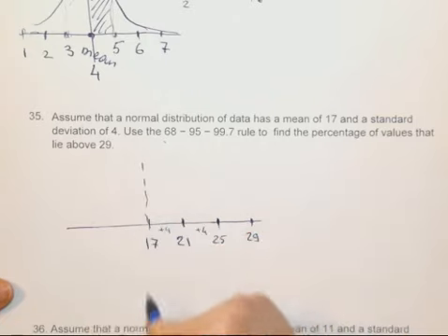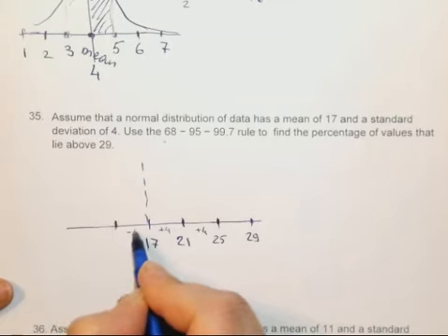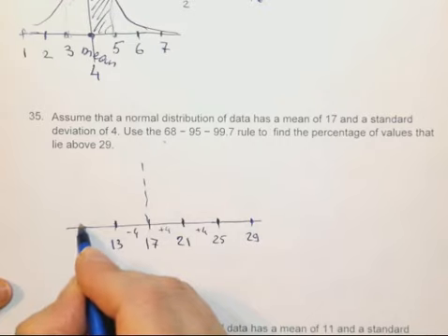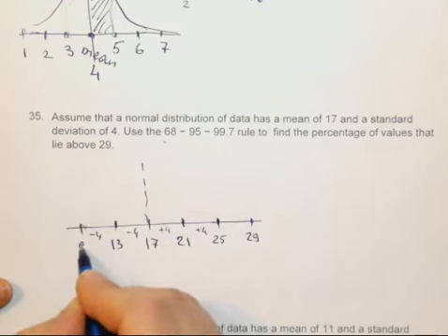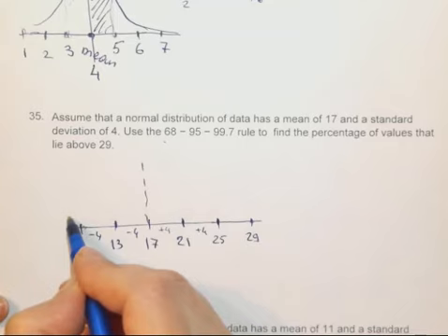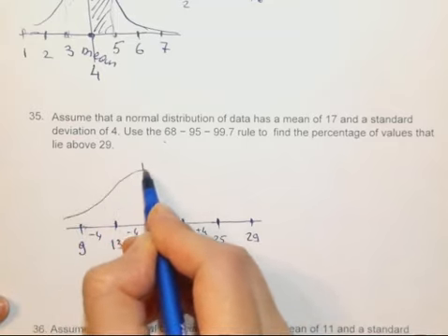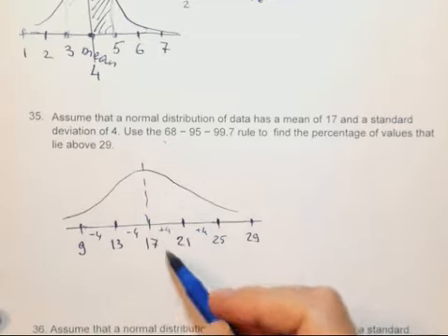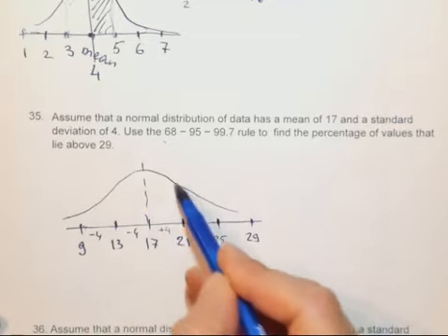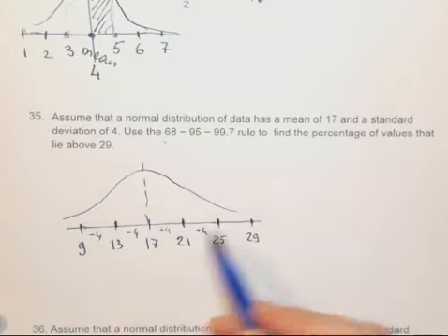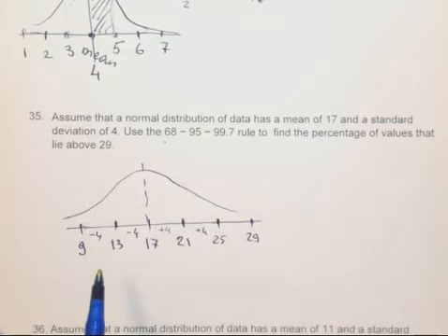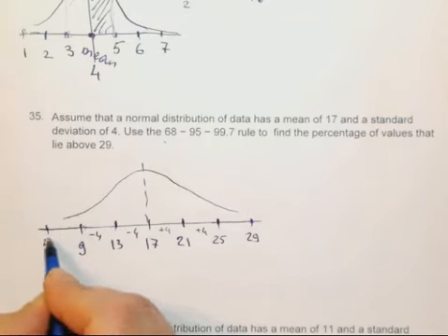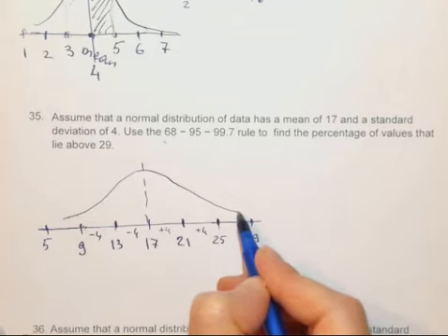So here's the mean, minus 4, 13, another time minus 4, 9. This bell form is symmetric. So here are 68% between 9 and 25, 95%, and minus another 4 will be 5, between 5 and 29,